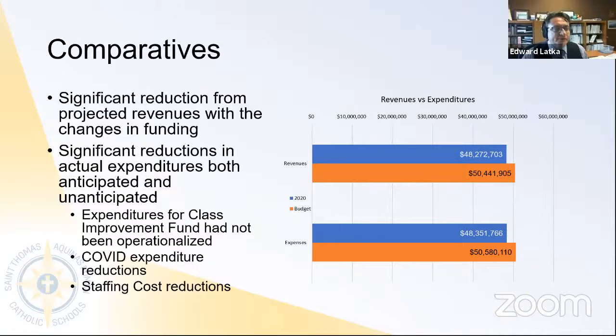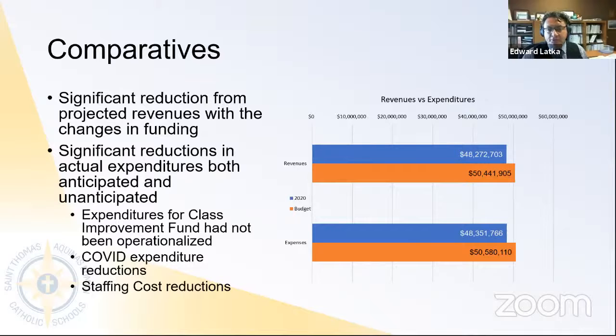But we did have to absorb certain things. One, as I mentioned before, additional insurance costs of almost $400,000. We also had allocations specified to address needs of students with significant needs in terms of their educational program. So we had some increases in expenditures that we had to also address. But overall, we managed as a division to keep our budget and our expenditures in line,